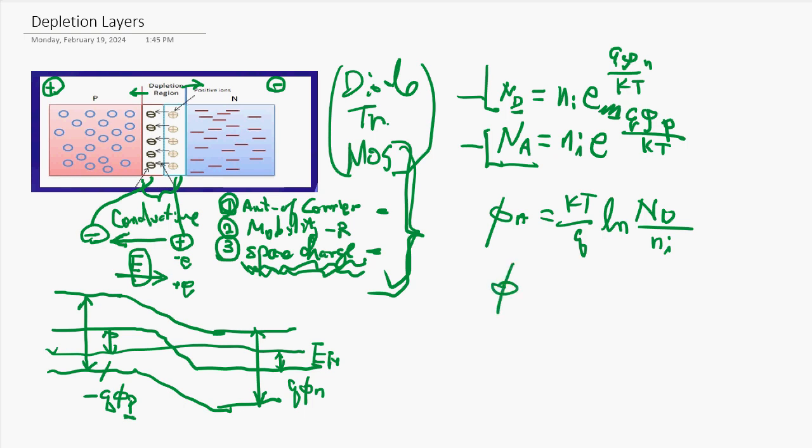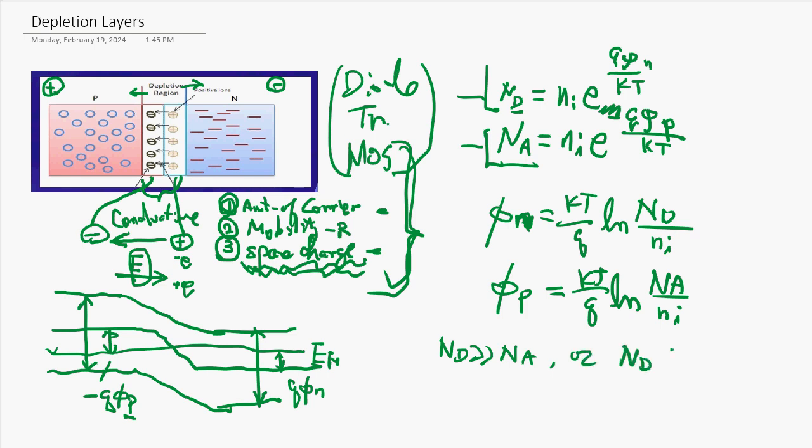And the other equation gives you phi p, which is kT over q log Na over Ni. So we need to use only one side of the equation because usually Nd is much less than Na. Okay,